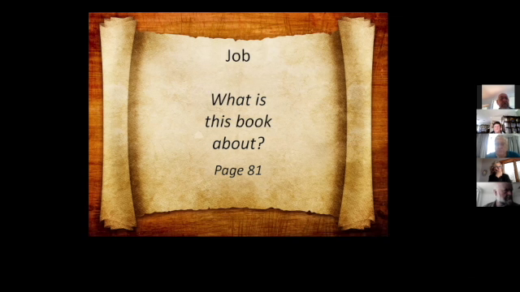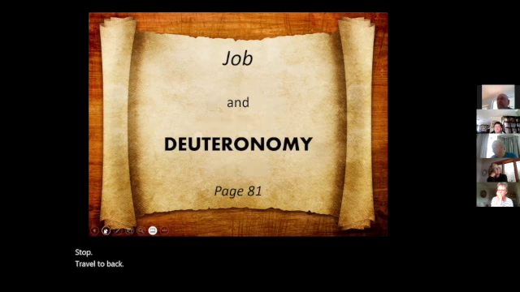What else? Why is this book being written? Is there anything about why do bad things happen to good people or not really? Yes, that is exactly why it's been written. Why do good people suffer and evil goes unpunished? As we've talked about previously in the Pentateuch, the book of Deuteronomy and the law suggests that if you are righteous